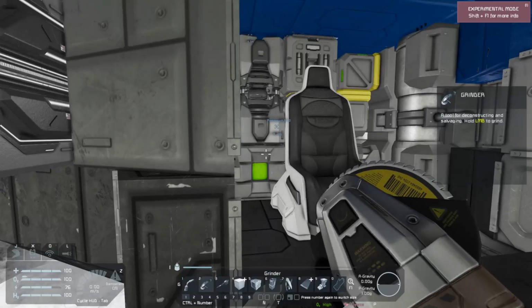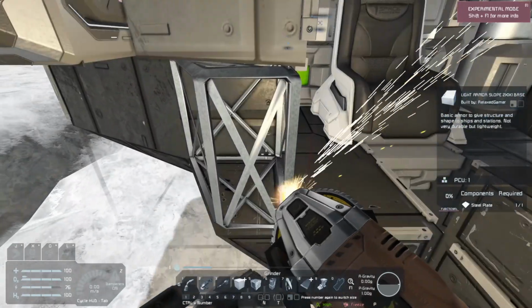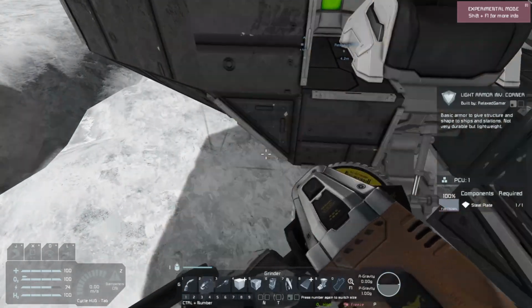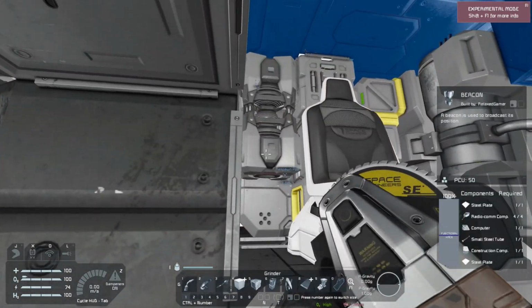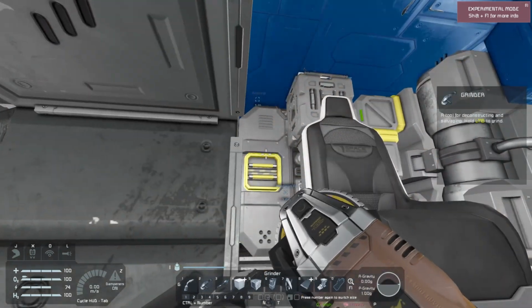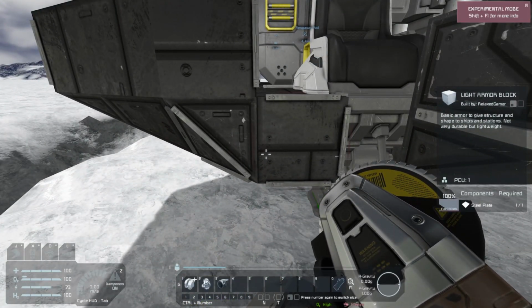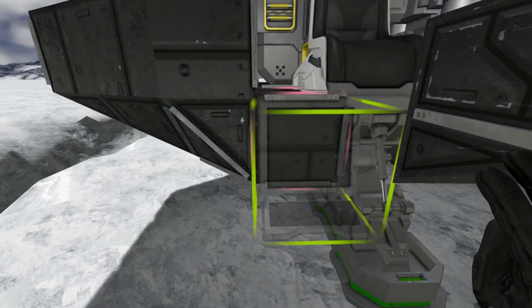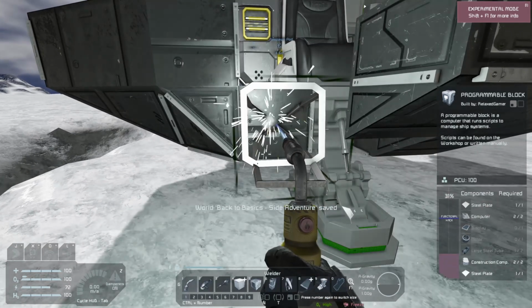Get to it. It's still attached there. That is still attached there. I want to get in there so I can access the timer, lights, and the beacon. I don't need those, but I could use a programming block. And this is probably the only time I would use the...